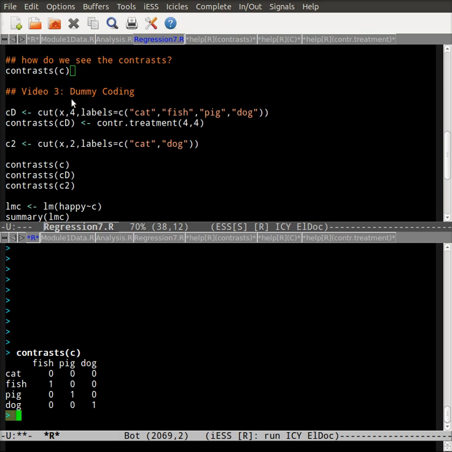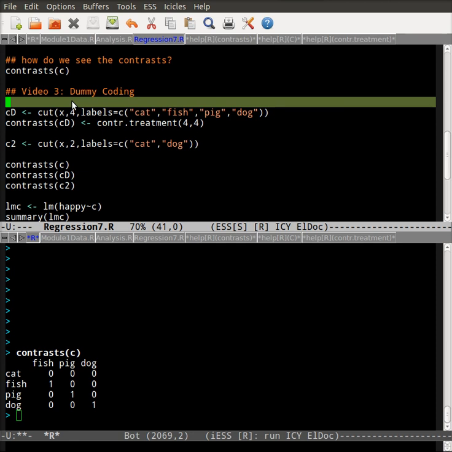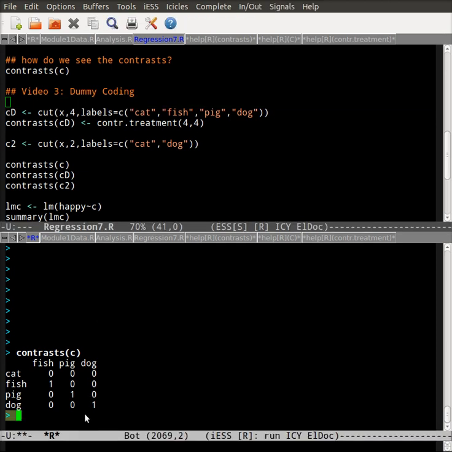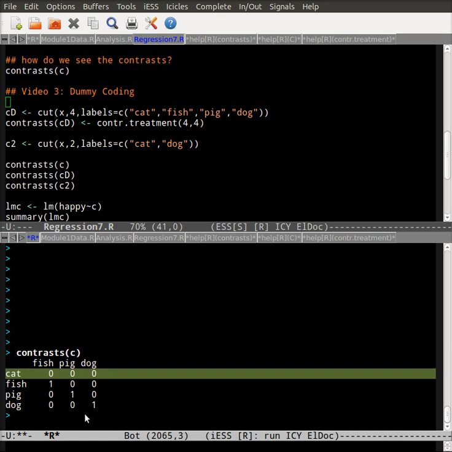And it's the logic of dummy coding and the categories and how we code them that is important, because it sets up the comparisons that we are testing explicitly. So to begin, this comparison is a comparison where cat becomes the base comparison for fish, pig, and dog. And how do I know that? Because of the coding